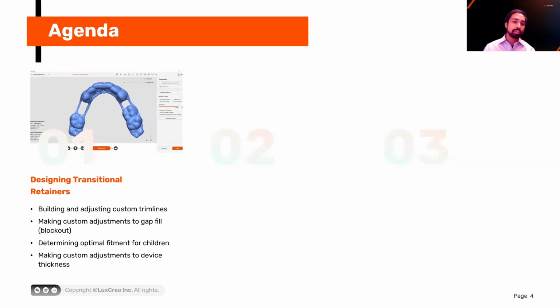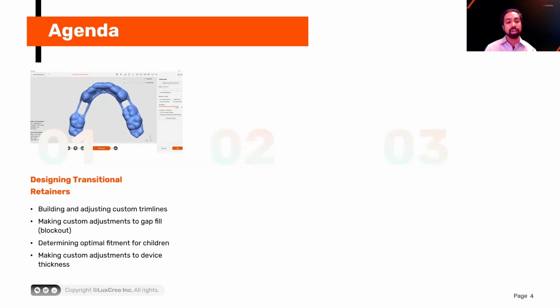Without further ado, we're going to cover three major points. The first major point is going to be on designing transitional retainers, transitional appliances. So this is going to be doing phase one cutouts, building, adjusting custom trim lines, really like fine-tuning trim lines so that they're exactly what you want, where you want them, how scalloped you want, how much interval margin you have, and best practices, how to do custom attachments and adjustments to fill for blockout,